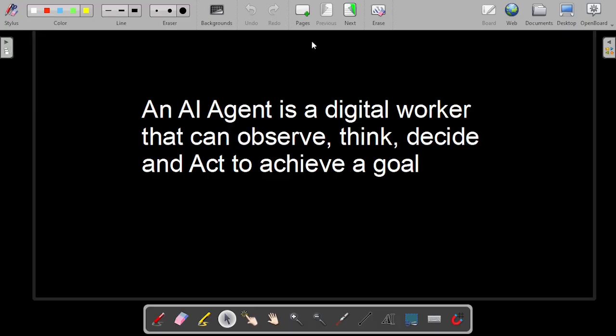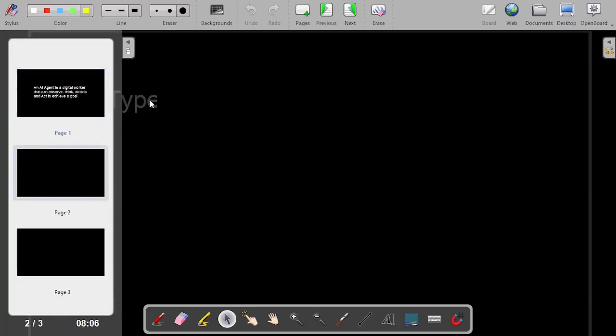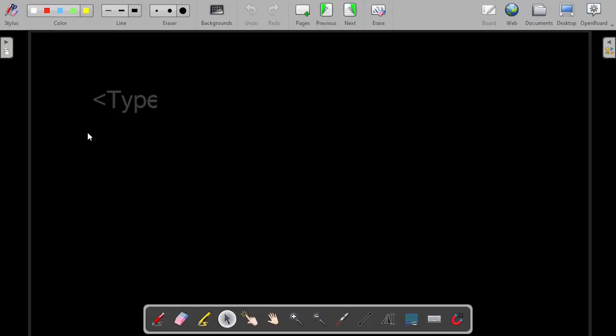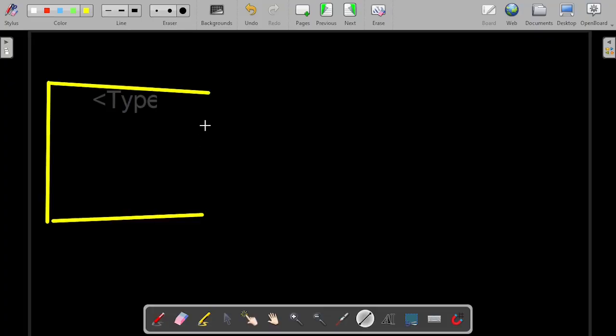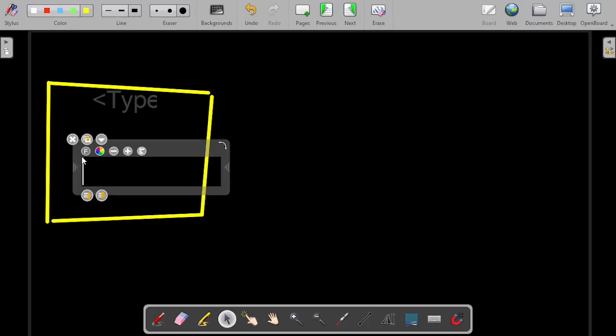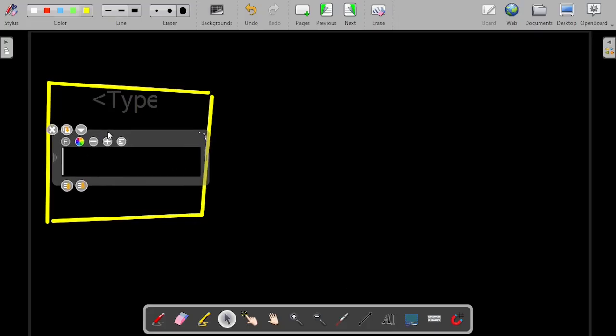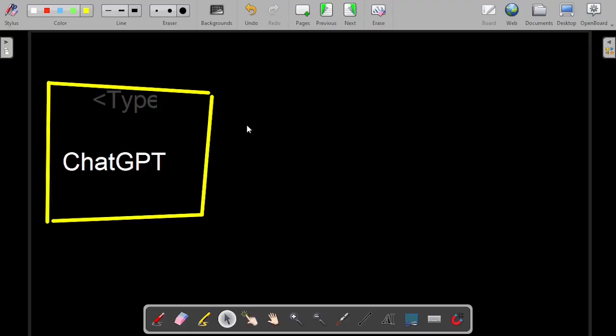Now let me take you to a different screen. I'm going to draw some pictures so that you will understand this concept better. So let's say we have ChatGPT. Let me draw a simple image about ChatGPT. Every day, we use ChatGPT, and if we want any details, ChatGPT is going to give those